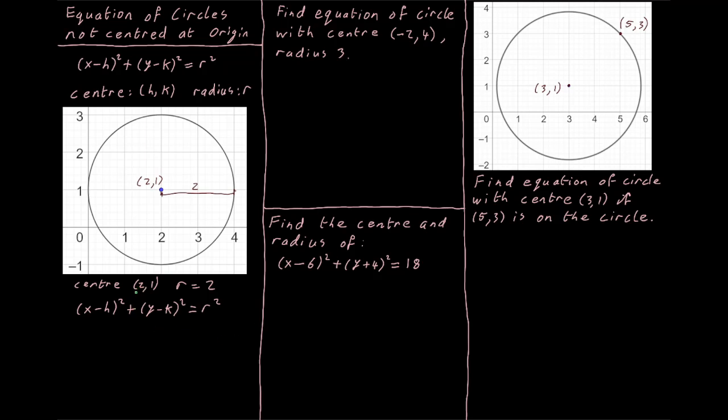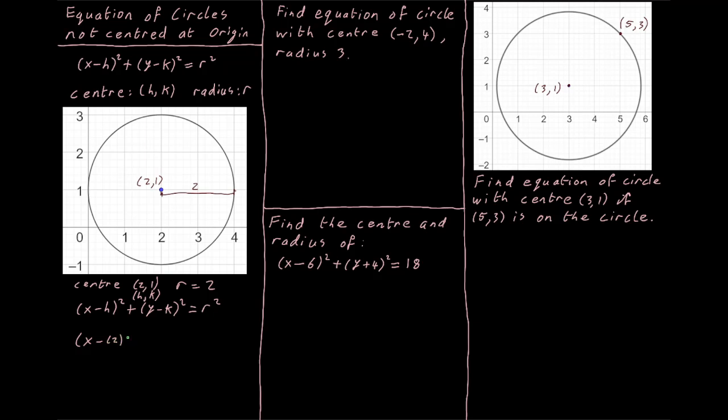Our center is at h and k, and I would write that in our log tables underneath my coordinates, just as I have r is equal to 2, so that I can keep track of exactly what I know, because I'm multiplying by a minus here, so the signs of these can get a bit confusing. But I sub in, I have h is 2 and k is 1, so x minus 2,